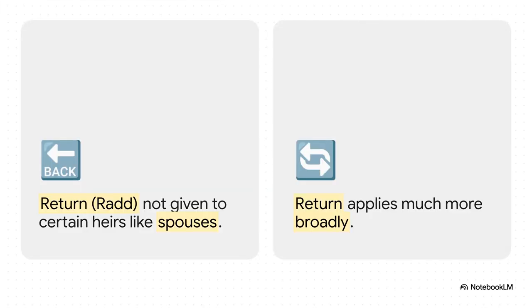Point 7. Return, academically known as ROD. Sunni, return not given to certain heirs, like a husband or wife. Shia, return applies much more broadly. Actually, let me quickly define the academic term ROD for you. When shares are distributed and there's a residue left over, but no residuary heirs exist, the remaining property returns to